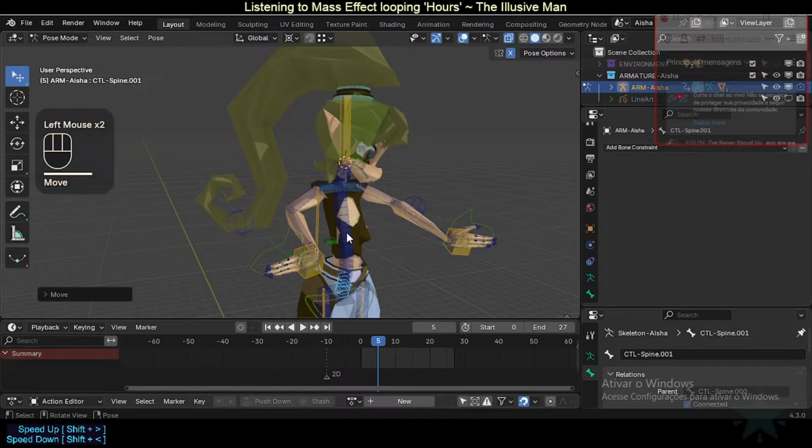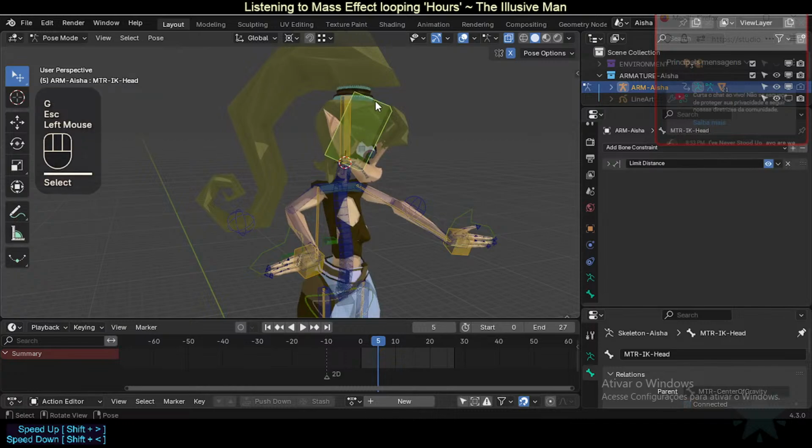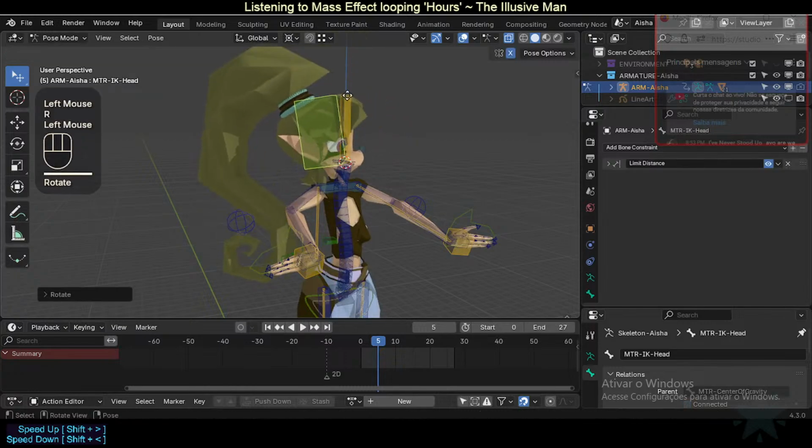If I had a reverse spine, this one is pointing up, but if I had one pointing downward, then I could animate just as if I had the